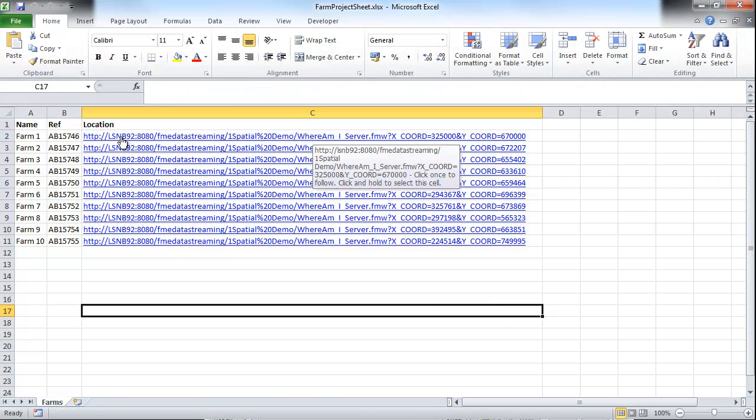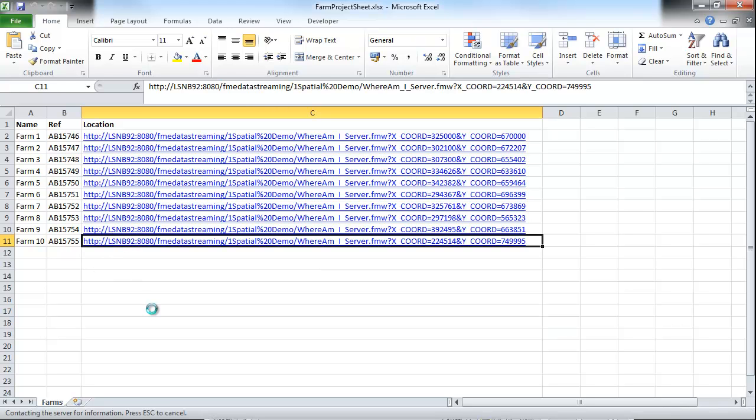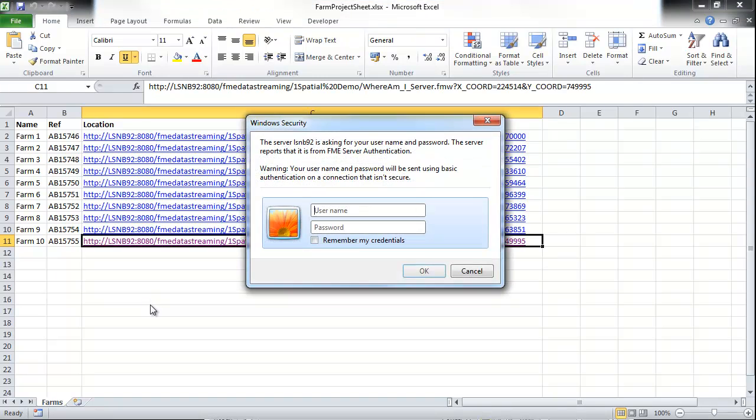In this case, it's a URL to FME Server that runs a workspace, with a different set of coordinates in it each time. You can obviously hide the URL if you don't want the user to know how it's happening, and highlight a hyperlink. But if I click on this URL, it runs an FME Server job,